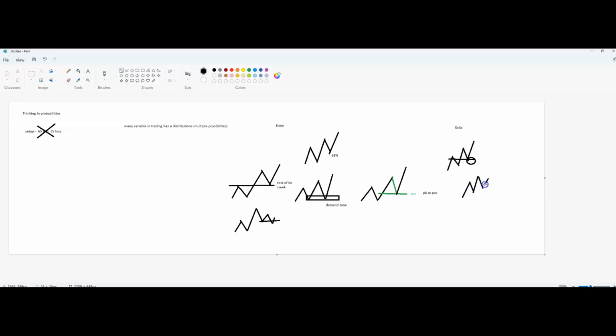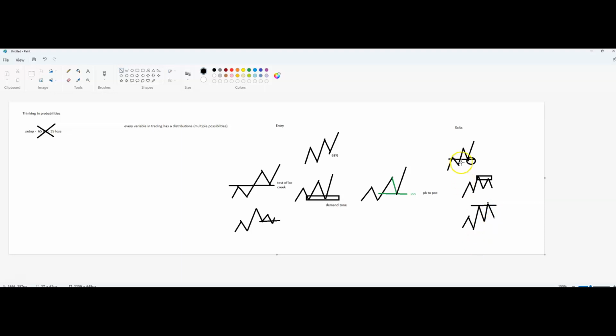The second possibility is that the market only goes to resistance and it fails. It comes right back down. It only goes to resistance and it stops. Another possibility is the market does break out, but there's no follow-through. It does not complete the measured move. It just makes a new high and comes all the way back.